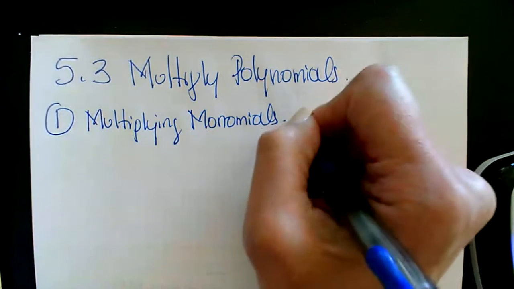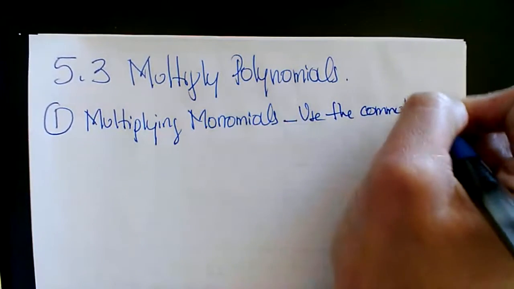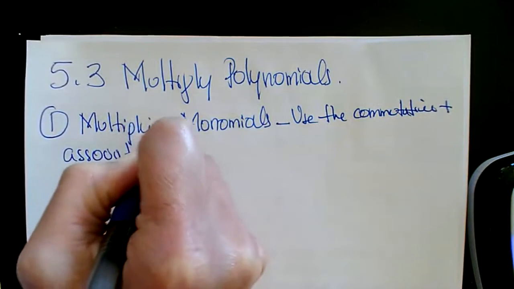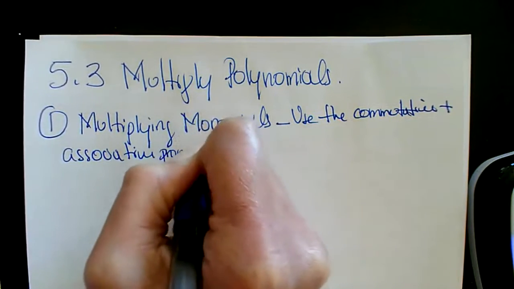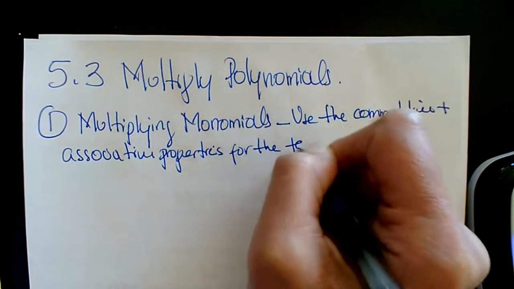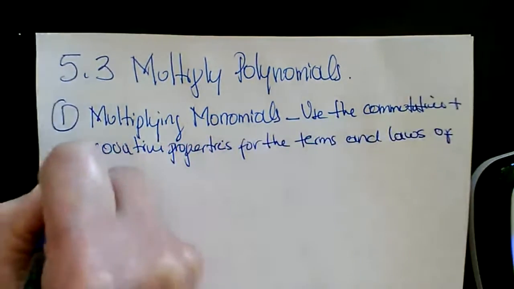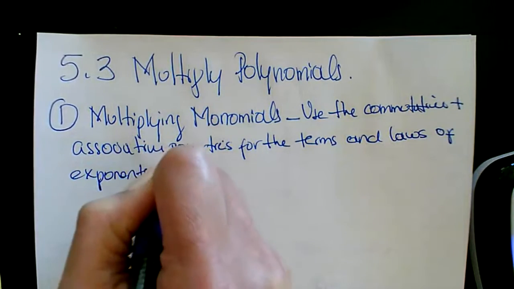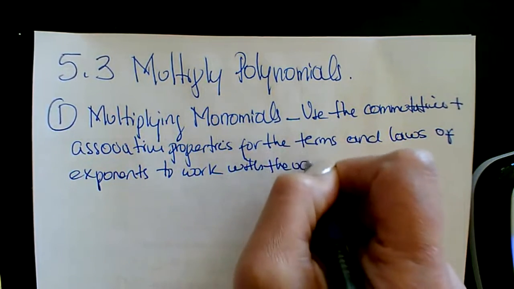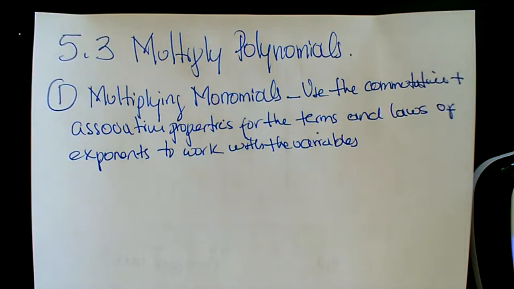So use the commutative and associative properties for the terms and laws of exponents to work with the variables. Okay, so then the first one says